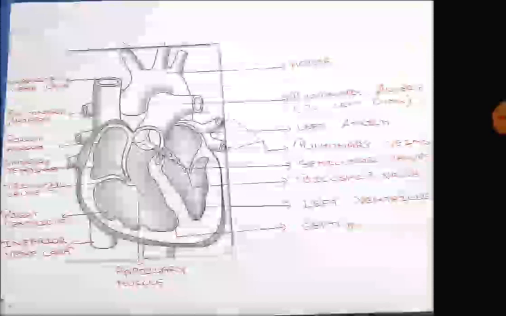Then there is the inferior vena cava, right ventricle, tricuspid valve, chordae tendineae, and the right atrium. These chordae tendineae are flaps, held in position. The tricuspid valves are held in position by the chordae tendineae. They arise from a muscular projection of the ventricular wall, and that muscular projection is called the papillary muscle. So, chordae tendineae arise from the papillary muscles, and their main function is to keep the tricuspid valves in position. Right atrium, pulmonary artery, superior vena cava.